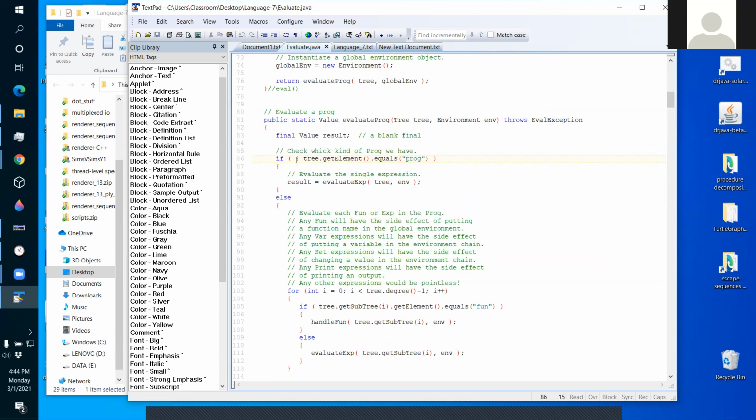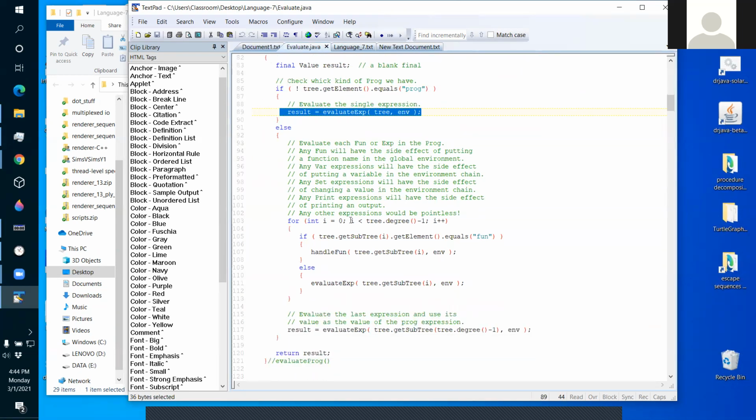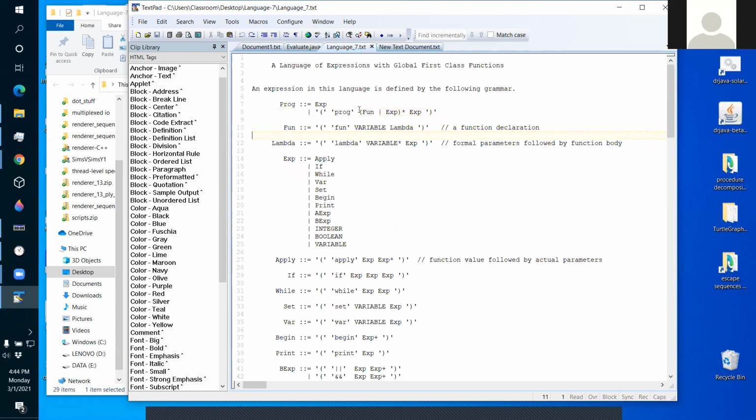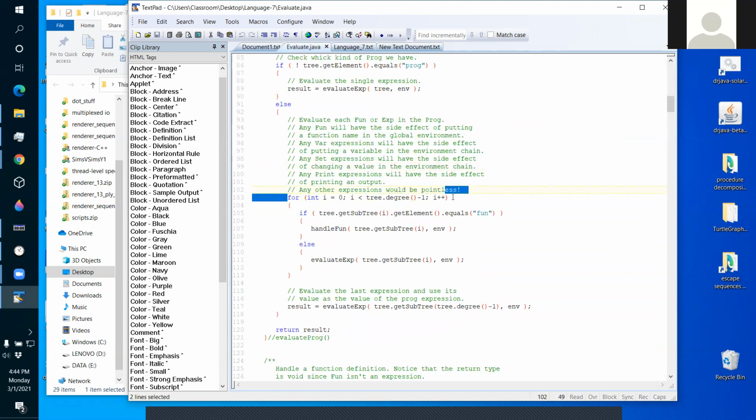So a program can be either a single expression or a prog, which groups a bunch of expressions together. So evaluate prog first checks to see if you have a prog branch. If you don't have a prog branch, it just evaluates one expression. If you do have a prog branch, then you have a bunch of fun or var expressions followed by the body of the program. So you have a bunch of function definitions or variable definitions, followed by the body of the program. So here you have a loop that loops through all but the last branch of the tree,